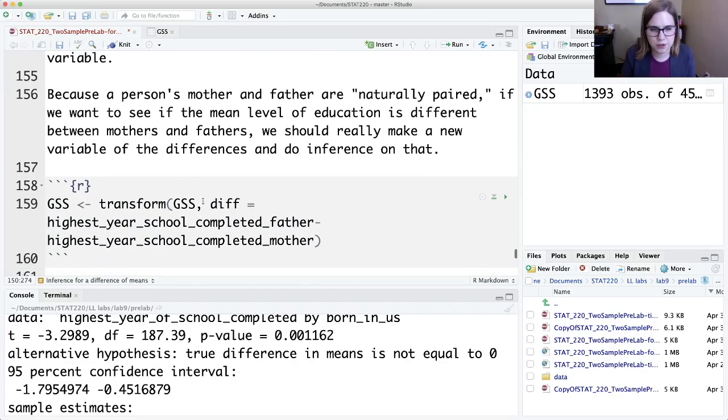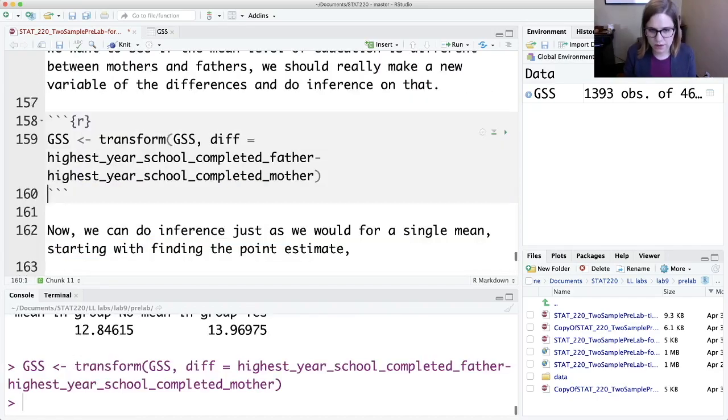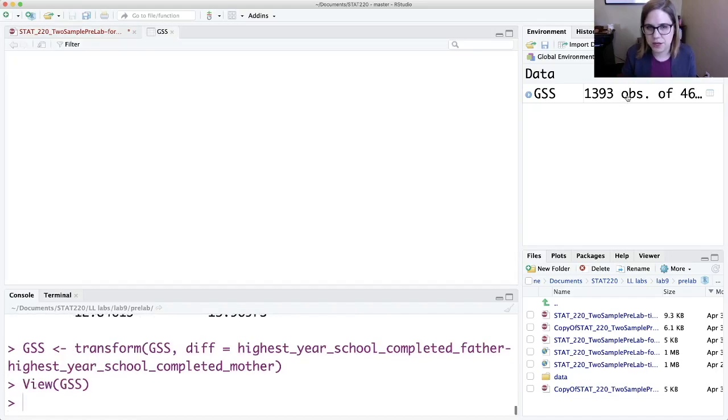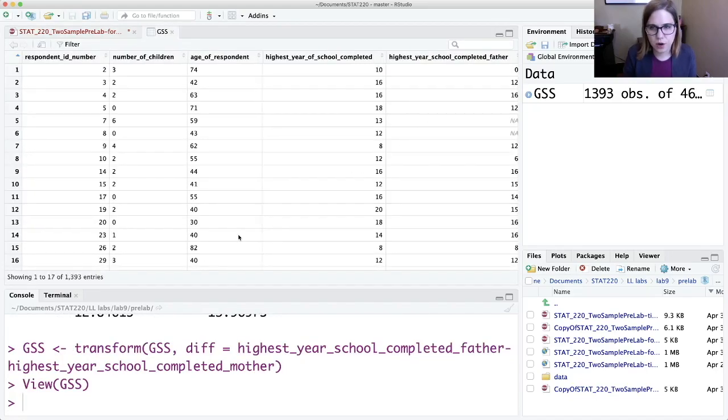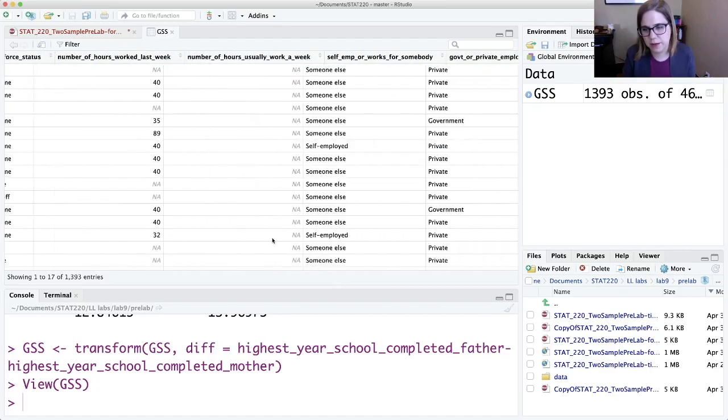So here's what I'm going to do. I'm going to take my GSS data and overwrite it with a transformed version where I'm going to say GSS and then diff is equal to the highest year of school completed of the father minus the highest year of school completed by the mother. And if I control enter and go back to my GSS data, now I should have a new variable at the very far right-hand side of my data,